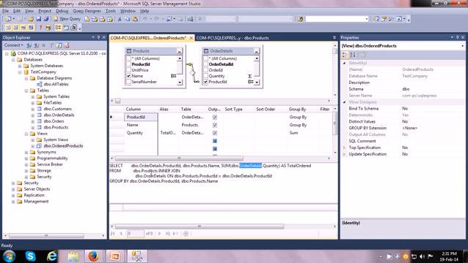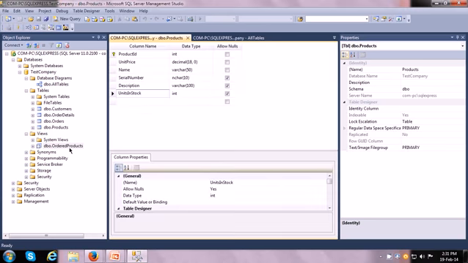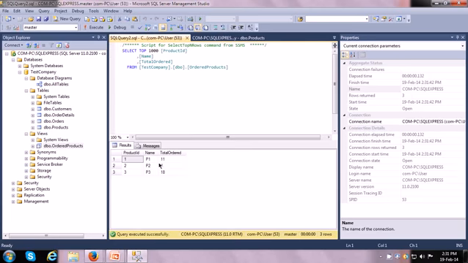It is joining or finding out the intersection of the products table and the orders table. So it is finding out those products which exist in the orders table. So we can run this view and see what it gives us. So here it says that product ID 1, name is P1, and total ordered items are 11.